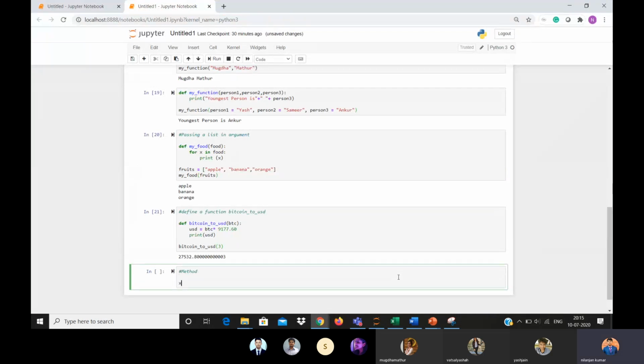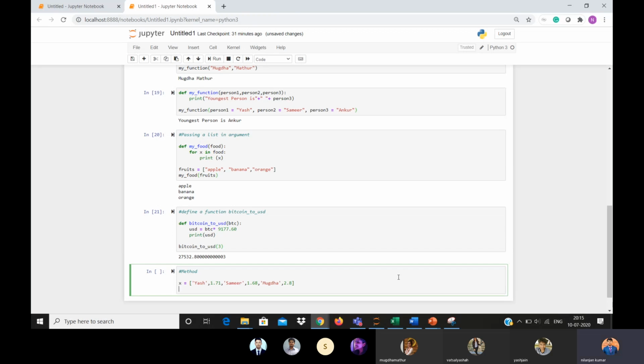Let's take variable x as a list, with some random values.